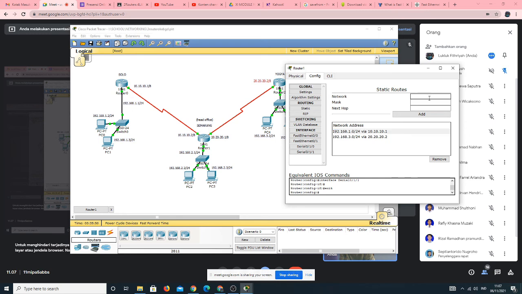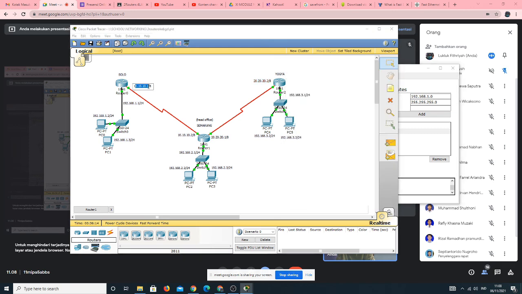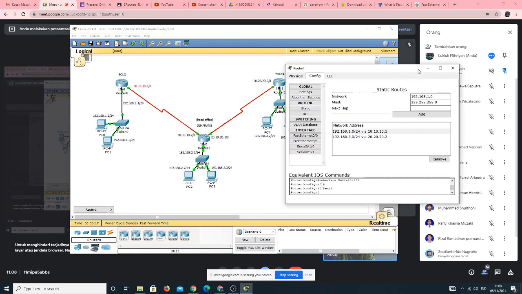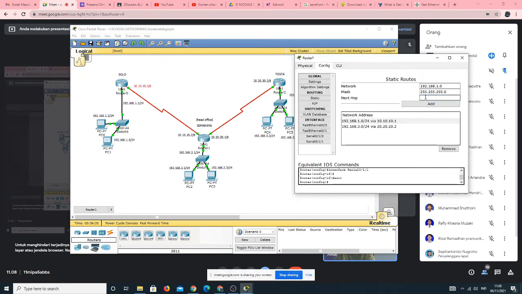So we only need to type the IP address of FA Solo 1.0 and then subnet mask, and then the next hop of Semarang Solo is using this IP, the serial IP of router Solo. And then add.